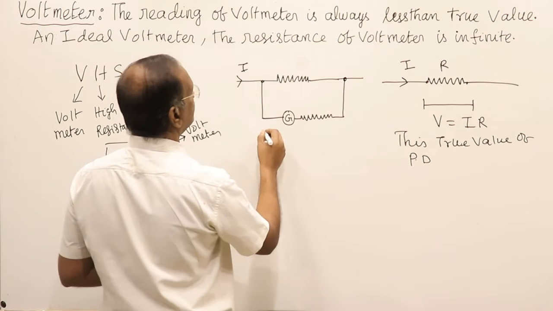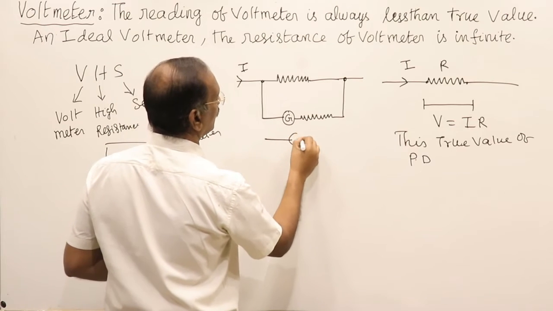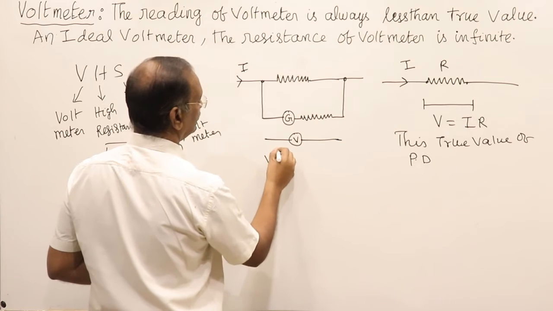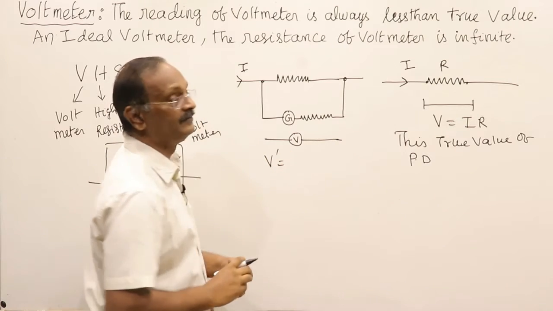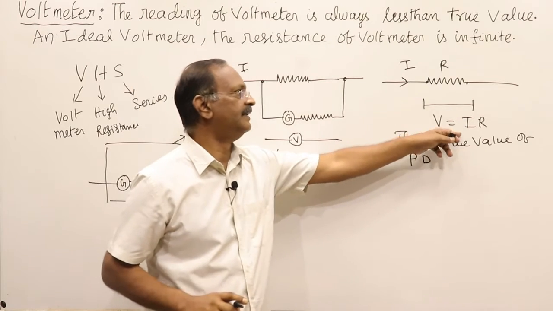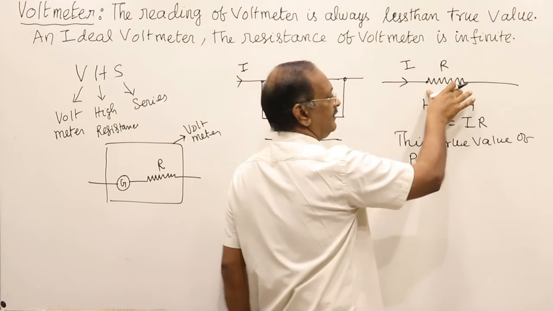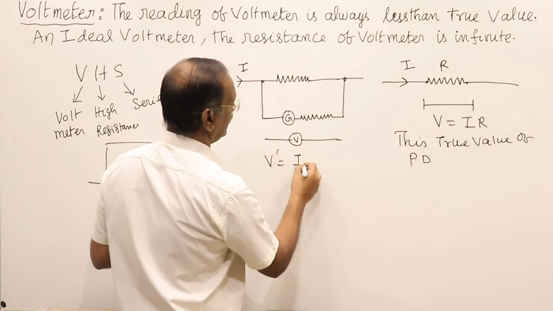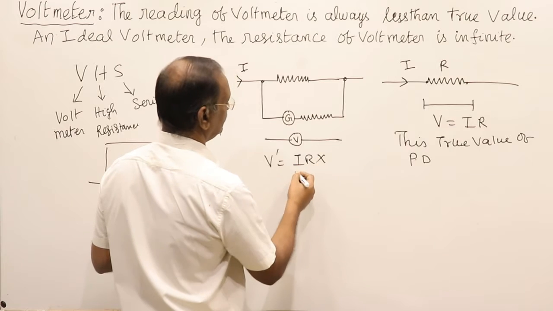This voltmeter will give a reading. It is supposed to give the same reading, because the voltage across this one is equal to I into R, and this is also supposed to give I into R, but